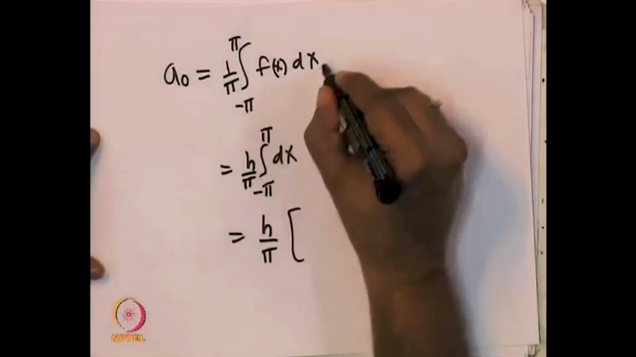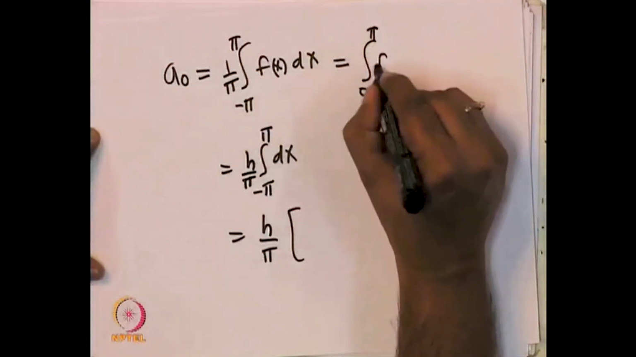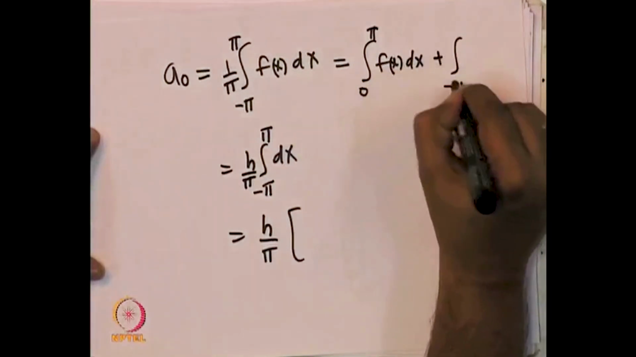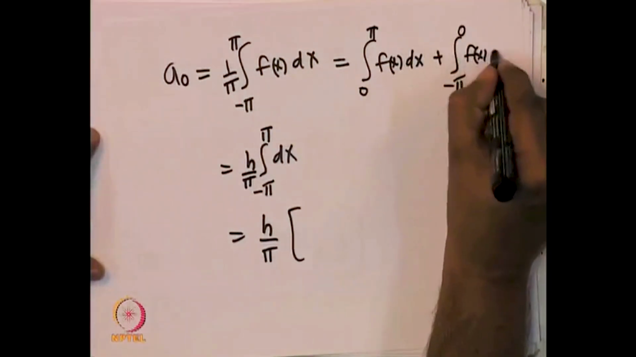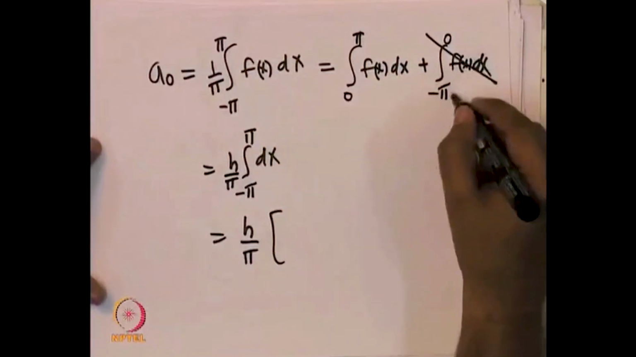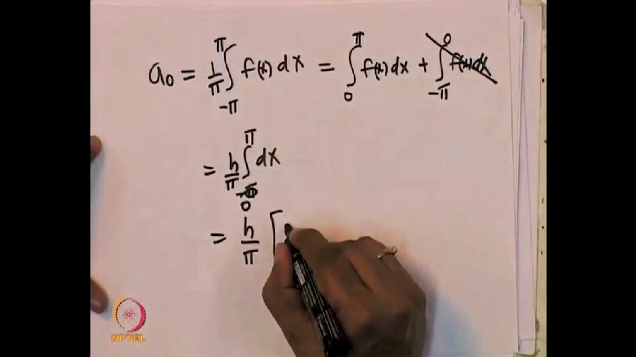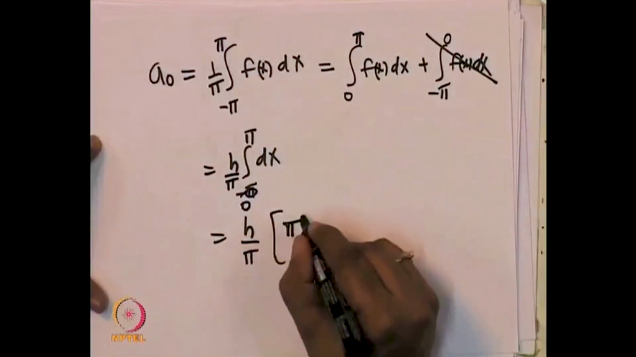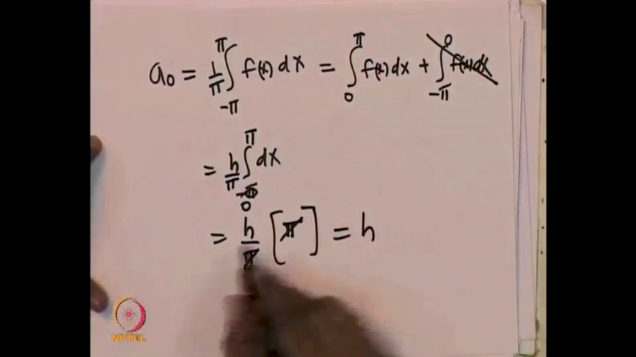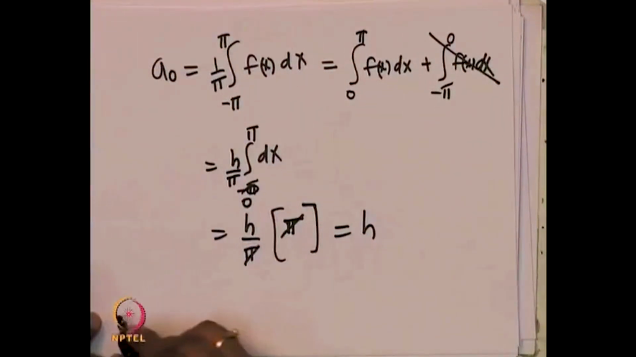So this can be again written as the integral from 0 to pi of f of x dx plus the integral from minus pi to 0 of f of x dx, and this second part is 0 because the integral from minus pi to pi of f of x dx, as we just saw, is 0. So this is only from 0 to pi. So essentially this will come as pi. So this pi and this pi cancel, and the answer is h. So a 0 is h, and our series is